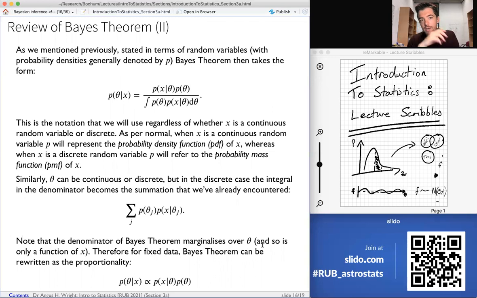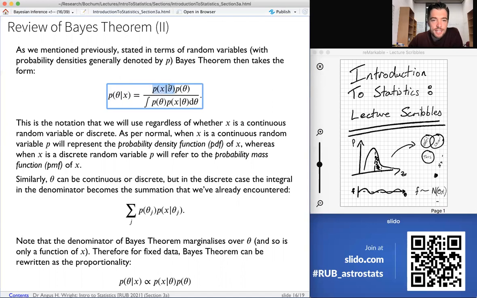That we were just talking about is when we formulate Bayes' theorem in terms of finite probabilities. If now we instead formulate Bayes' theorem in terms of random variables instead of individual probabilities, then our random variables, as we've discussed before, are usually given the probability distribution symbol lowercase p. Bayes' theorem then changes a little bit, not significantly, and it now says that the continuous probability distribution of the value of theta conditioned on x, so the value of the model conditioned on the data, is equal to the